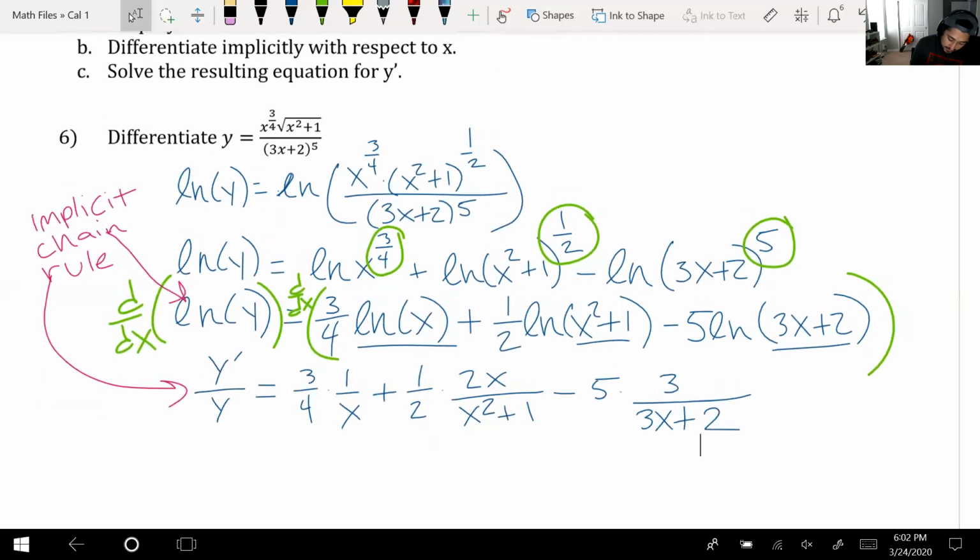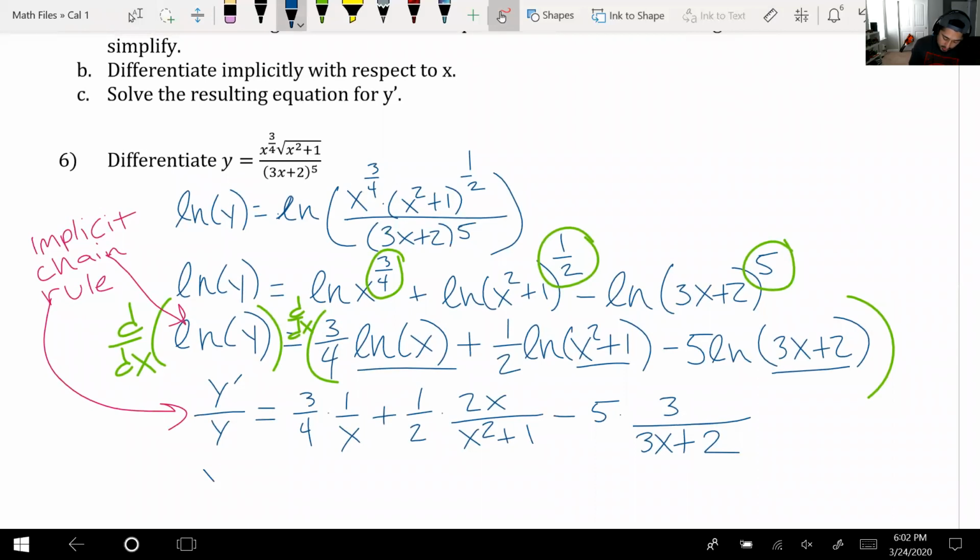So, starting back, y prime over y equal to 3 over 4x plus, if you noticed, this 2 and that 2 cancel. I get x over x squared plus 1 minus, that 5 and that 3 multiply, 15 over 3x plus 2. Okay,